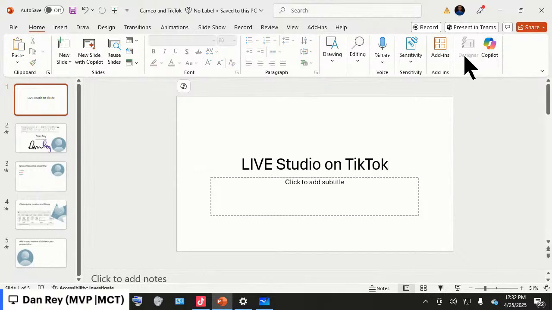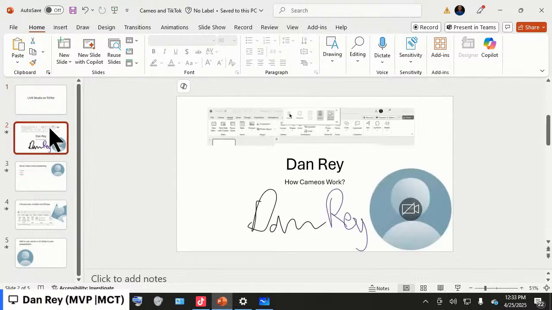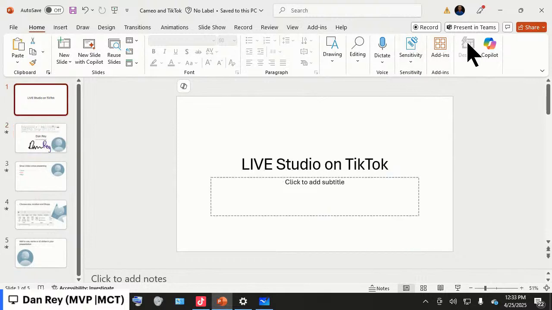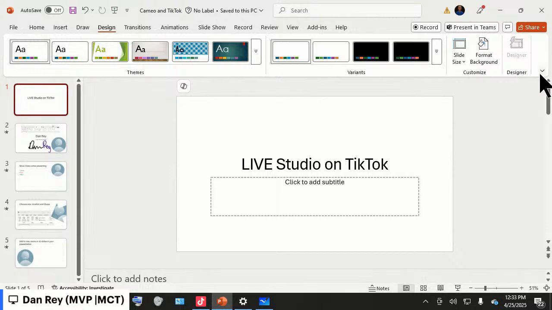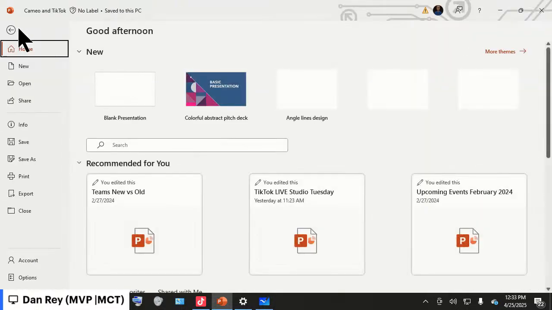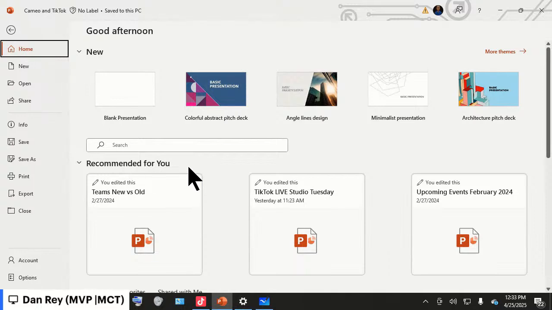And then by saving that, I should get the designer function back. Not sure why it's showing as grayed out. Open the designer pane for instant style makeovers. Doesn't look like designer's too happy with me right now. But what typically you can do here, and I can probably show you in another scene that I've created,